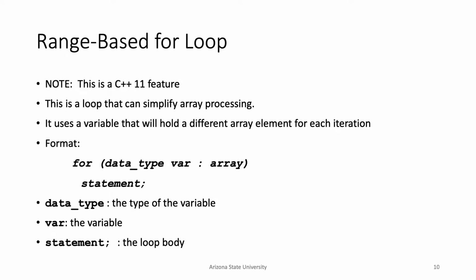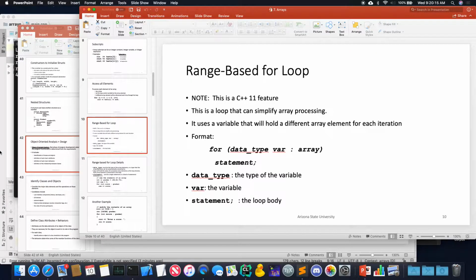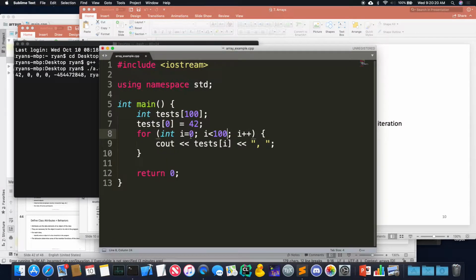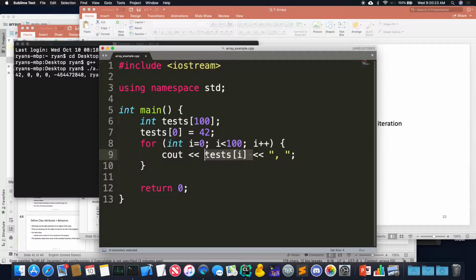So there's actually a better way, which is called the range-based for loop. Do I really need to know the indices for our program over here? Let me go back to it. Do I need to know the indices of this thing to print this out? Do I use the index number itself, or am I just accessing the array elements? If I'm doing something with the index, I may want to know what the index is. But all I'm doing here is just printing the elements of the array. So I don't actually need the index for our usage.